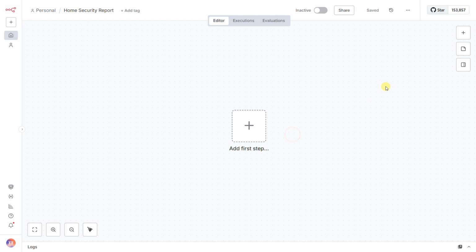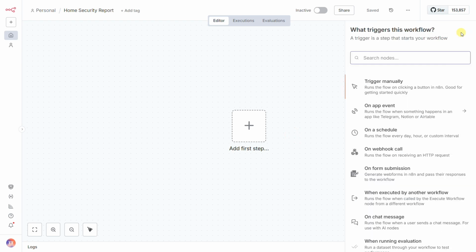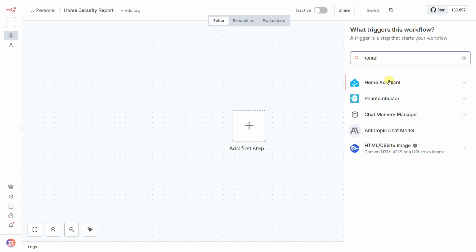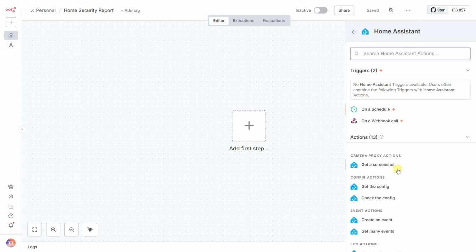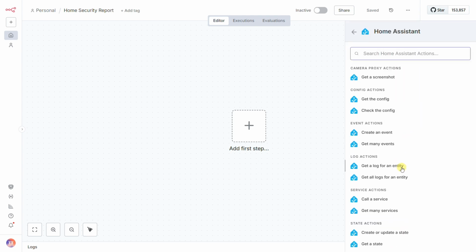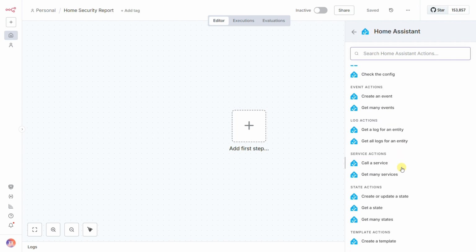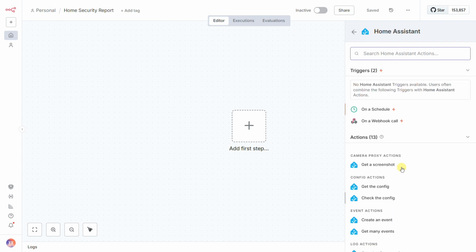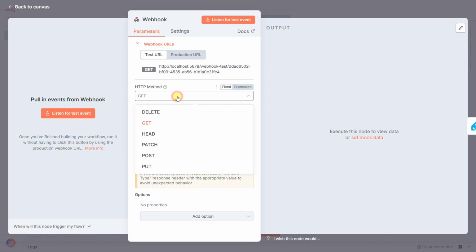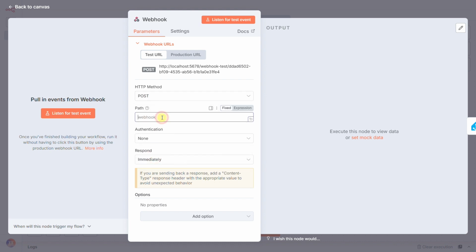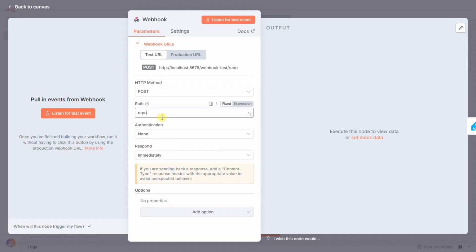Alright, so let's jump into N8N and start building this thing. The first node we need, obviously, is the trigger. Now, your first instinct, if you're like me, is to look for a Home Assistant node called State Change or Sensor Trigger, but you'll quickly realize it's not there. In N8N, for this kind of real-time update, your only real options are schedule or webhook, and since we need this to fire the moment the house is empty, webhook is our guy. We'll set the HTTP method to post and give it a clean, custom path. Let's just call it report.